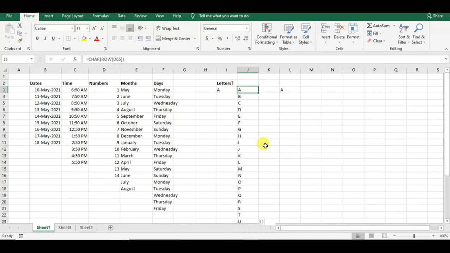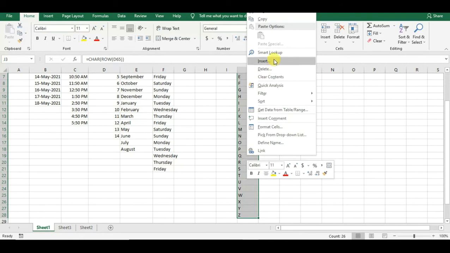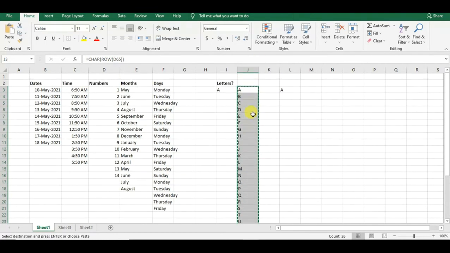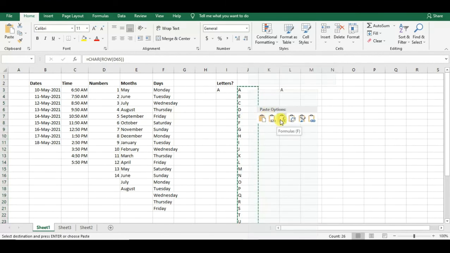We have to select A to Z here, copy from here, and then paste special over here. In paste special, we just choose values. So I click on values. See here, the formulas are automatically converted into only values: A, B, C, D, E, F, G.